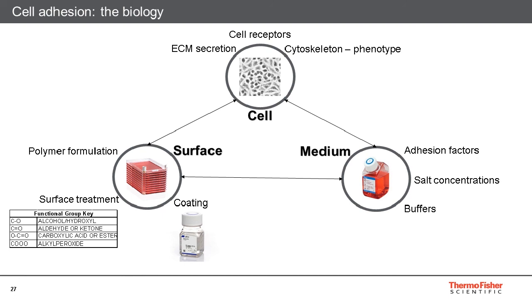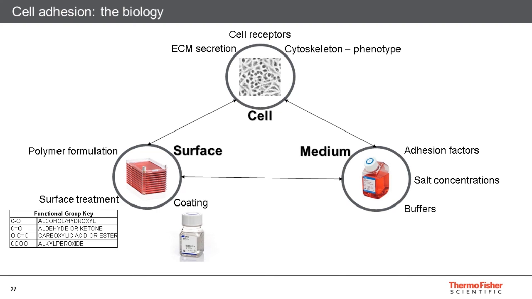A cell type, or even different banks of the same cells, can show different patterns of CAM, or cell adhesion molecules, on their surface. For instance, different ratios of cadherins or integrins, etc. Cells might themselves be able to secrete their own extracellular matrix glycoprotein, like laminin or collagen. And finally, internally, each cell type has a different cytoskeleton organization and cytoskeleton dynamic, which leads to a more or less adherent